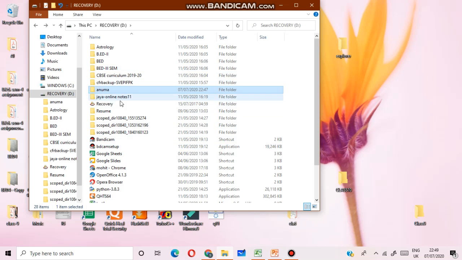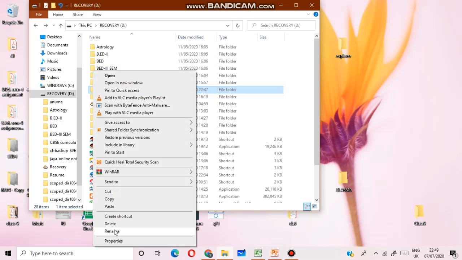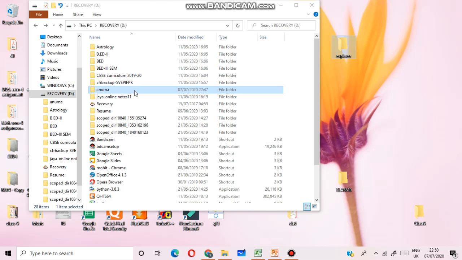So students, you can see here. Then what will you do? You can delete this folder. Either you will right click, or you can directly delete it by pressing the delete key.